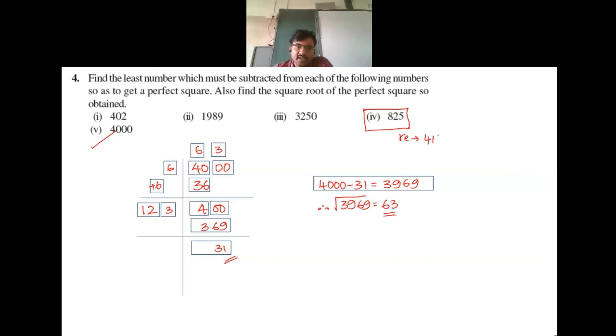You try. It's easy. 41 will be the remainder. 784 square root is equal to 28. First one is 2, sir. All right. We shall take the fifth question. We shall solve any one of them.